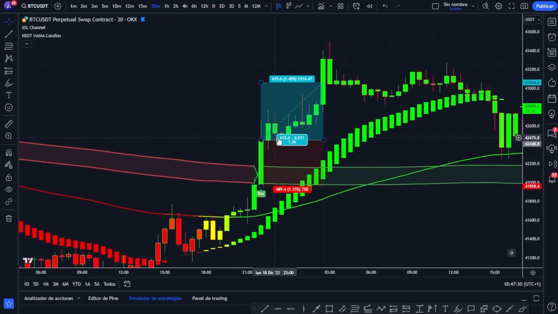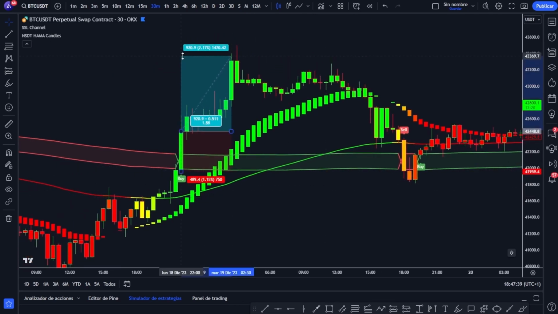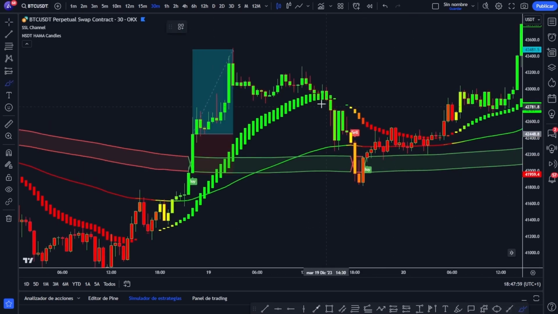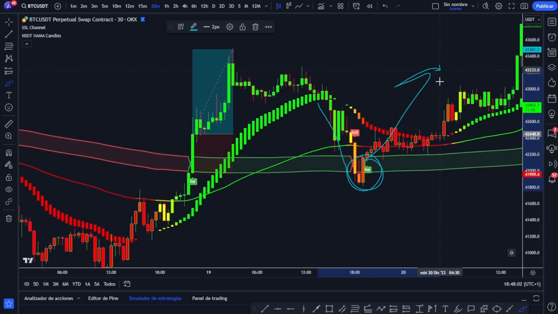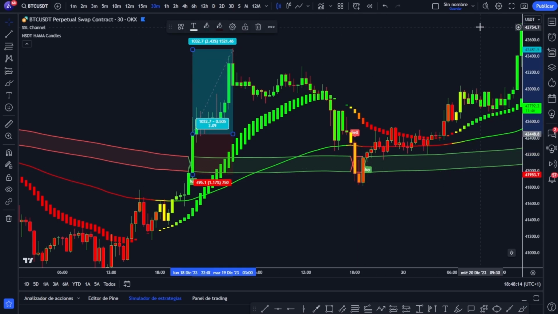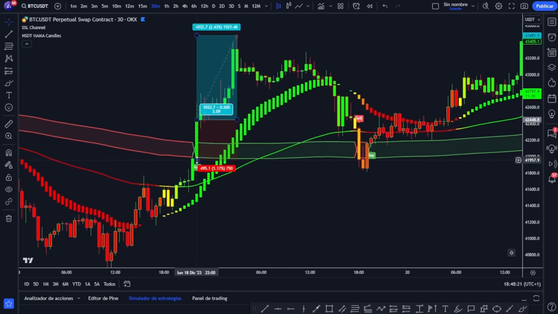If we look around here, we have that pullback happening, and well, here, we would have even exceeded the 2.1 ratio. But on the return, it would have taken us out if we had the stop loss below the bands, because the price always comes back again to take that liquidity if it didn't take it at first. And if we adjusted the stop loss to this point, it would have taken us out, and then the trend would have continued. That's why we take those profits first,